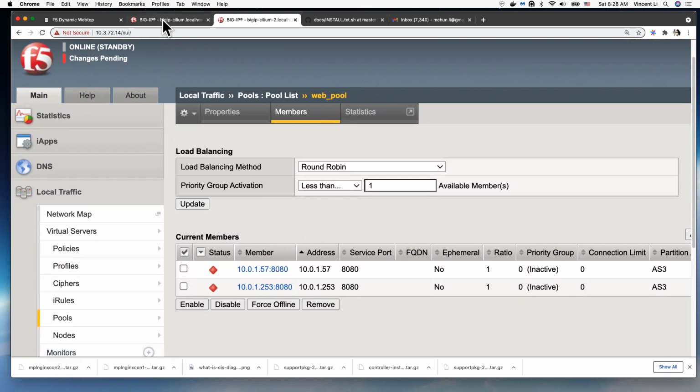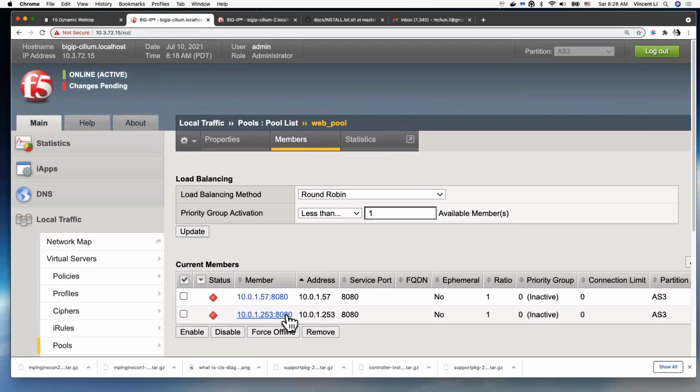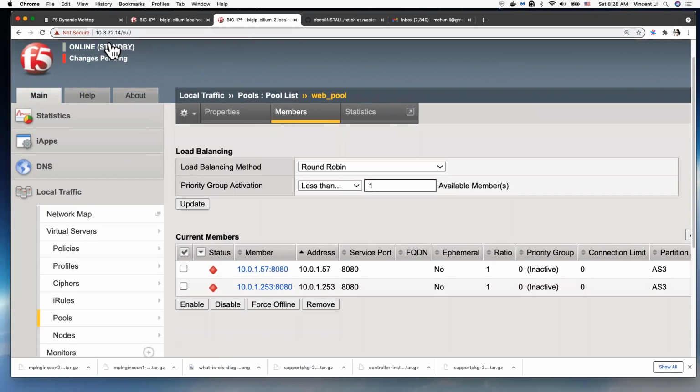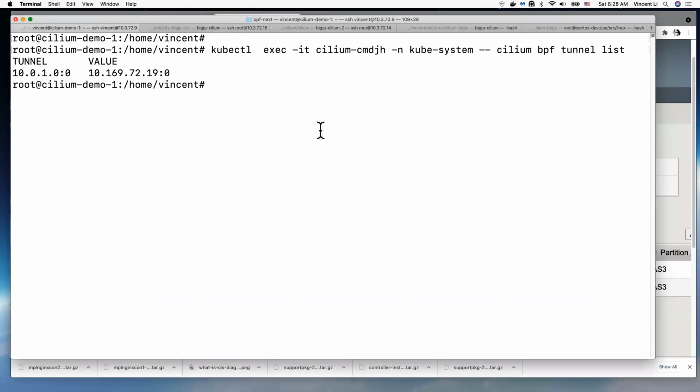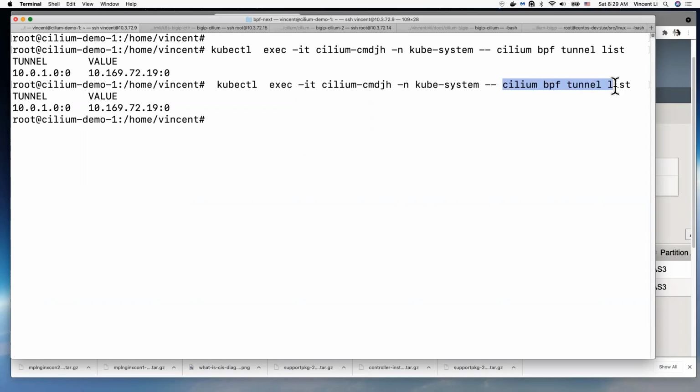Right now, on both active and standby, both pool members are in red. The reason is that on the Cilium on the Kubernetes cluster, I have not set up the Cilium BPF tunnel map. Like if I run this command, which is cilium bpf tunnel list,